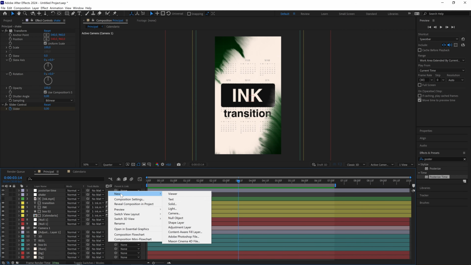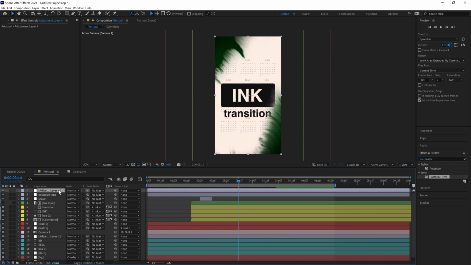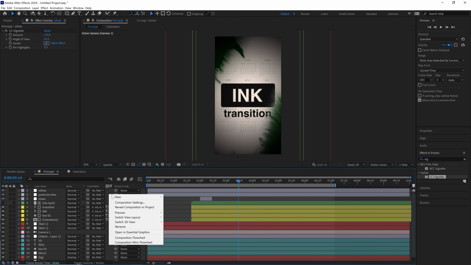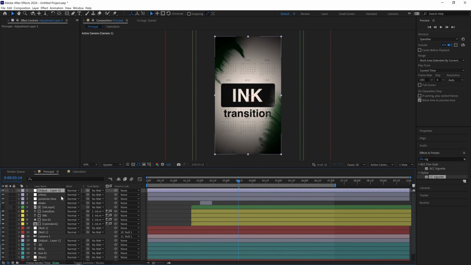Right-click, New Adjustment Layer, and this one is going to be called Vignette. We're going to put that effect on it. Here, I'm going to set the amount to 135. Another effect that we can use, and that is very used in this type of reels, is the one called Prisma,